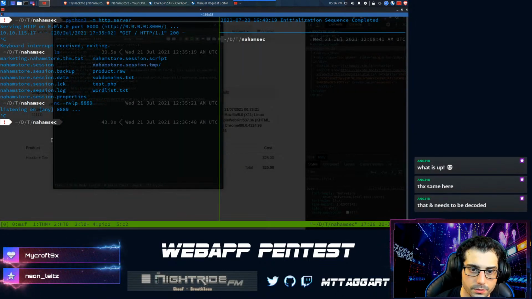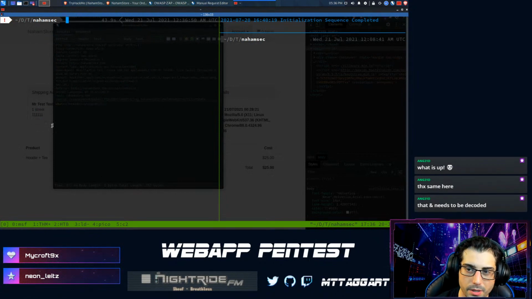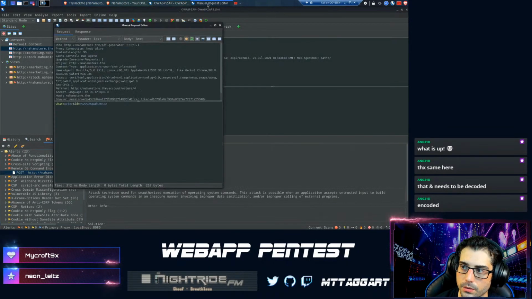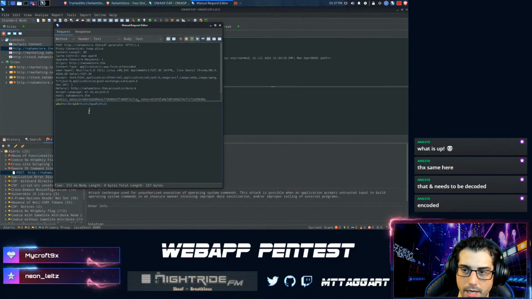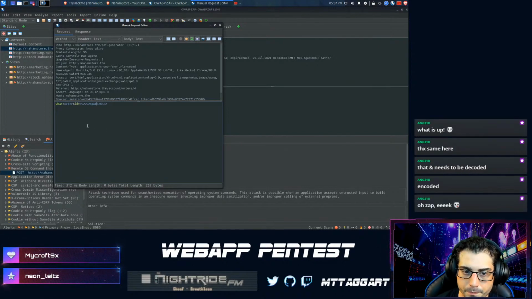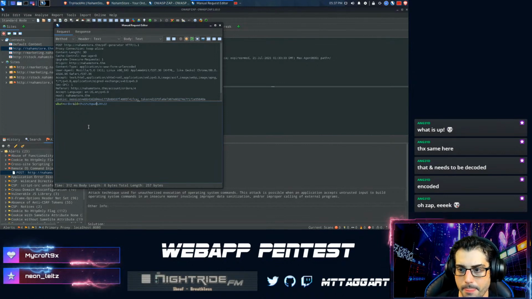So what I'm going to do, that needs to be decoded. No, it doesn't. ZAP will take care of that for me. Anything that needs to be URL encoded, especially for form data, even though it looks mixed and matched in there, it'll clean it up for me on the outgoing. So what we want to do actually is